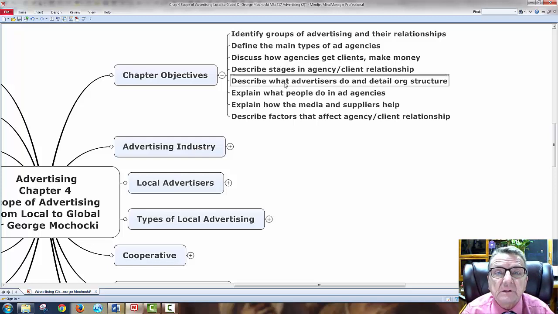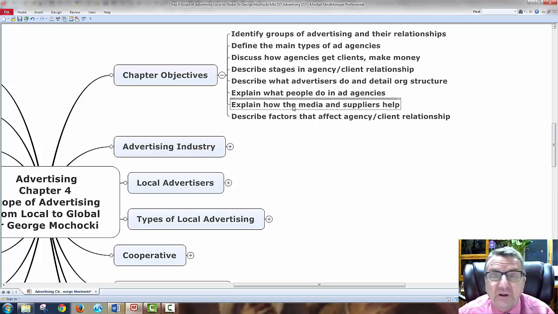If I'm a small company, it's a little intimidating to see a larger advertising organization come in to assist me, if I could afford it. On the other hand, I may be a smaller advertising organization, and I want to say, hey, I want to expand. What should I be doing? So this course will be twofold: for you to understand the agencies, and for other individuals who may be looking at advertising as a career option and opening their own small advertising agency. How do I bring individuals in? Explain what people do in an ad agency.